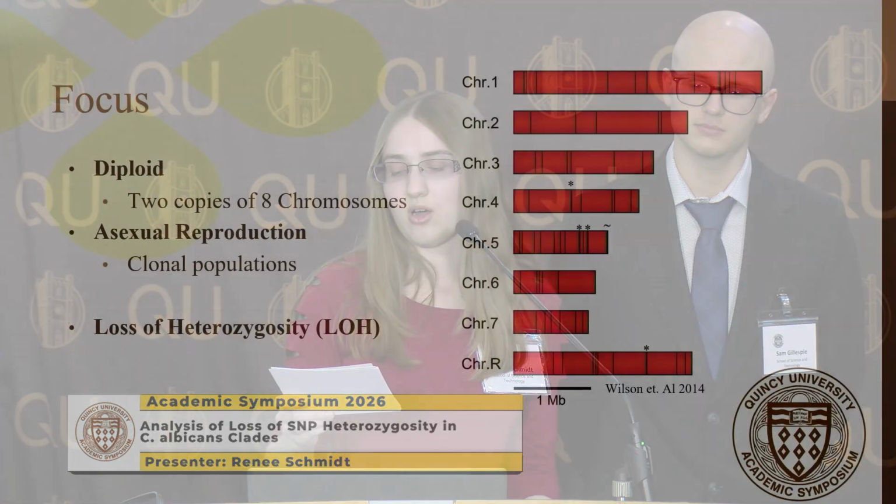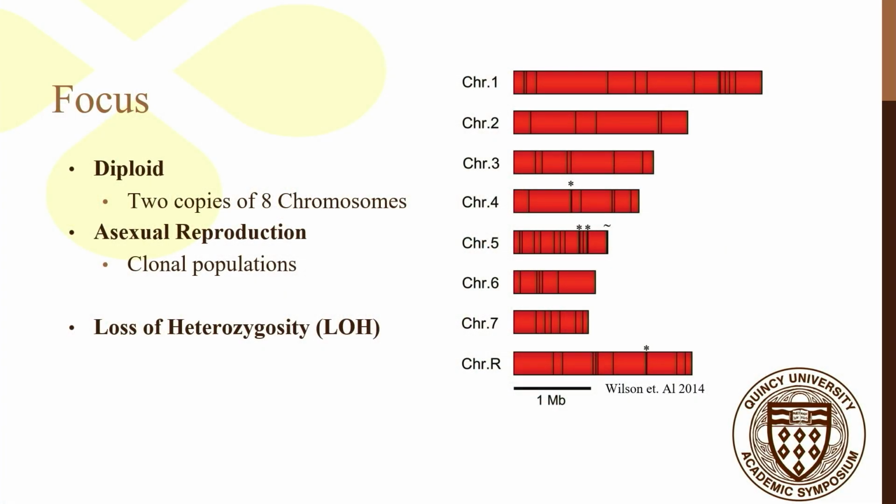So we were studying loss of heterozygosity, or LOH for short. Why is this important? It's important because loss of heterozygosity in Candida albicans can make them resistant to drugs that are meant to help us. For example, mutations in the MRR1 transcription factor can become homozygous through LOH events, resulting in a dramatic increase in drug resistance. In humans, there's also evidence that LOH may play an important role in the development of cancer through inactivation of tumor suppressor genes.